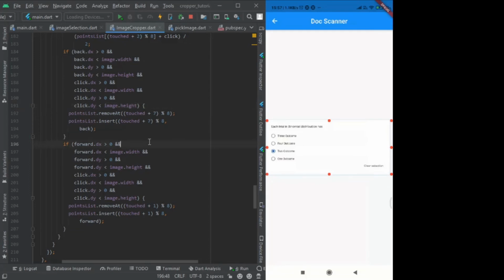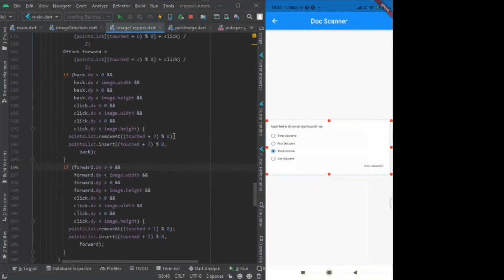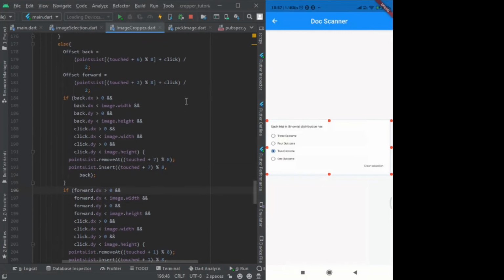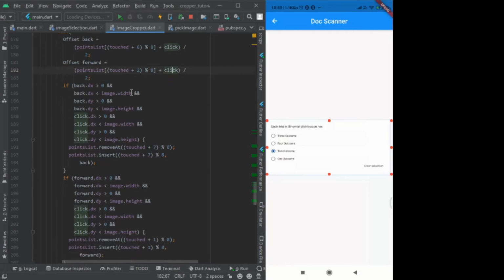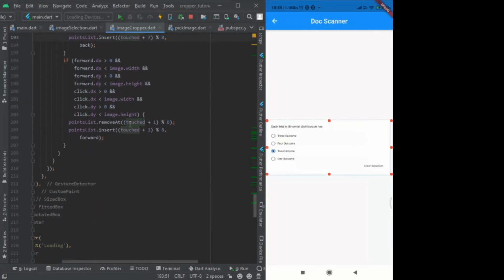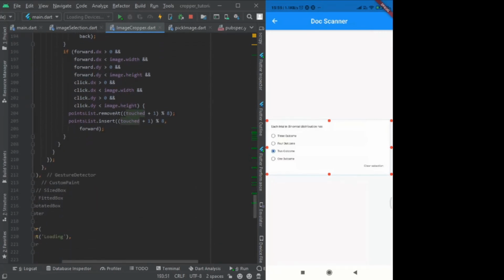I found this better. What I did is I calculated and divided the difference. So here you can see I have added the difference and average. I took the average of those and fed this back to those indexes. So in case that is done, else if click.dx is greater than 0,